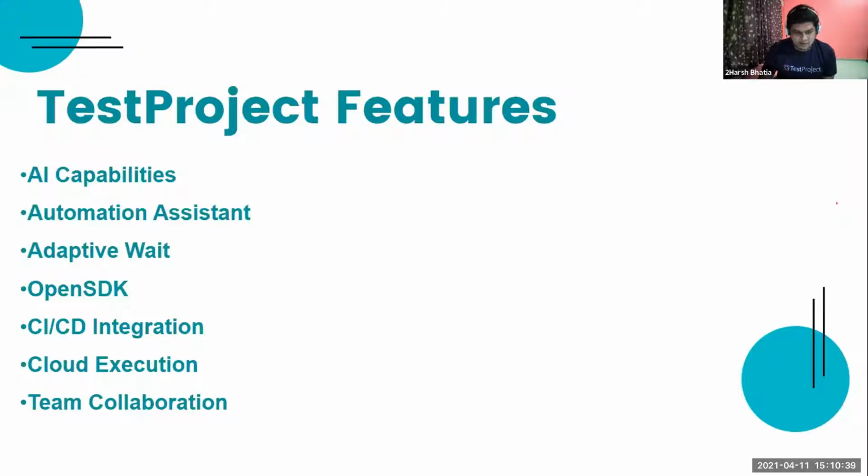Then there is cloud execution. If you want to keep all of your Taste scripts in the cloud in the Taste project itself, and you want them executed on the cloud, I don't have to be involved with any local environment or any of my personal machines. Then there is team collaboration. If you're working in an organization, as part of a huge team, and you want the same project to be shared with everyone, Taste project provides that and works seamlessly.